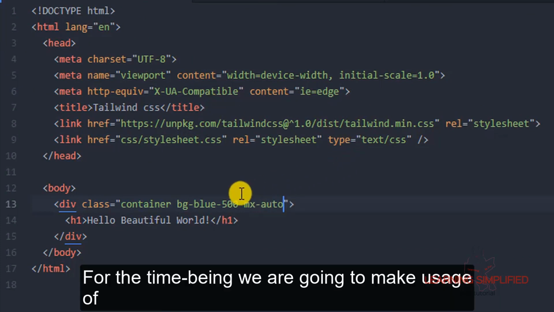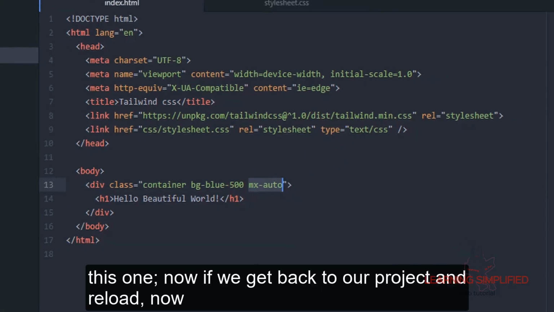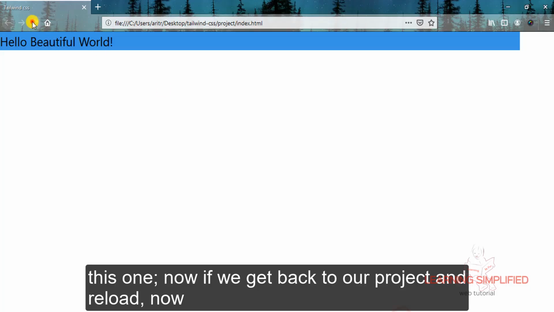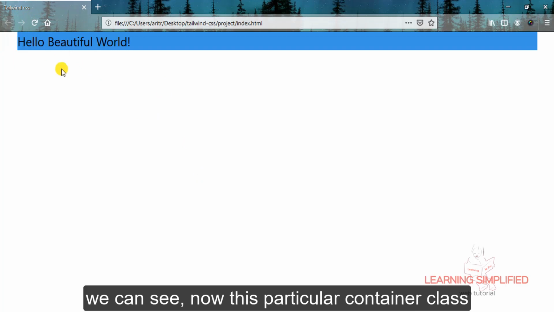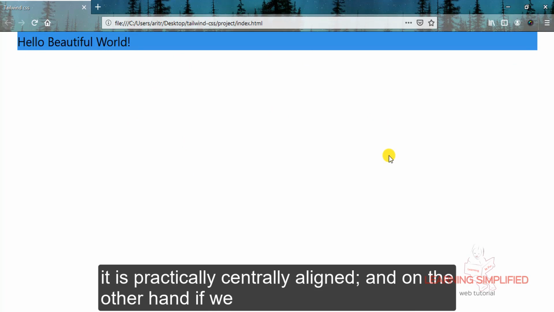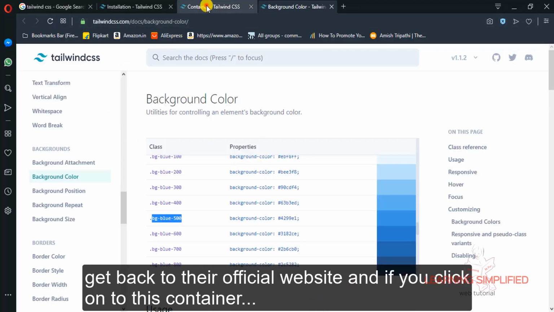For the time being, we are going to make use of this one. Now if we get back to our project and reload, we can see that this particular container class is practically centrally assigned.